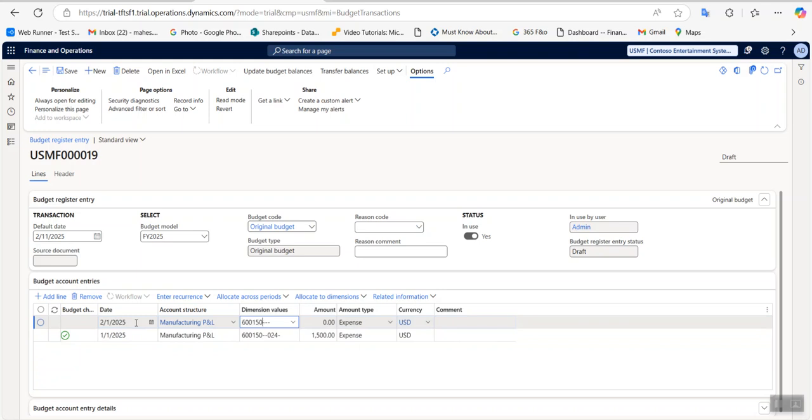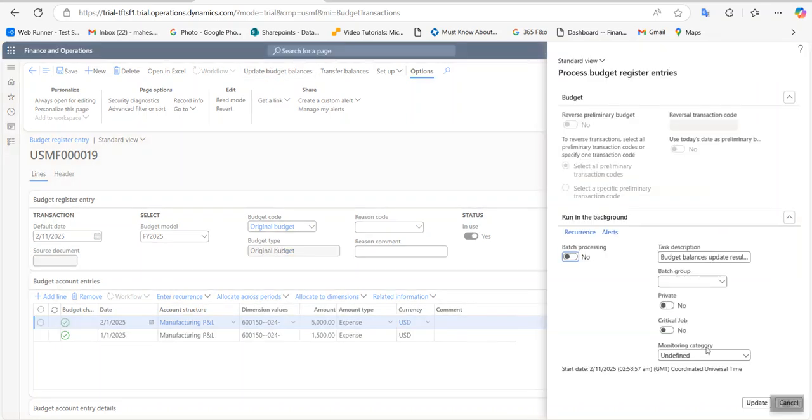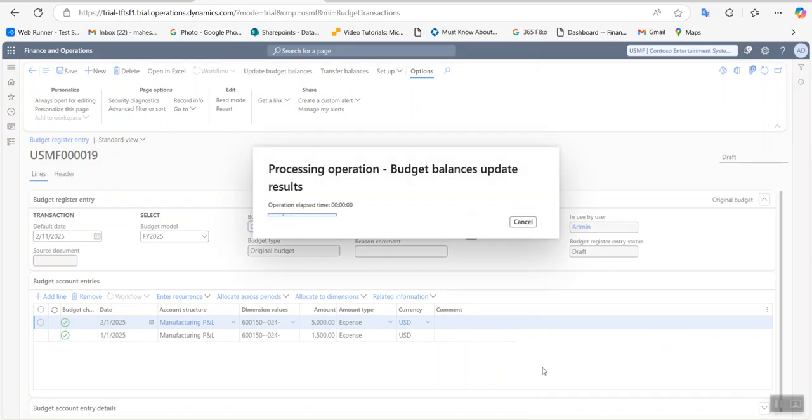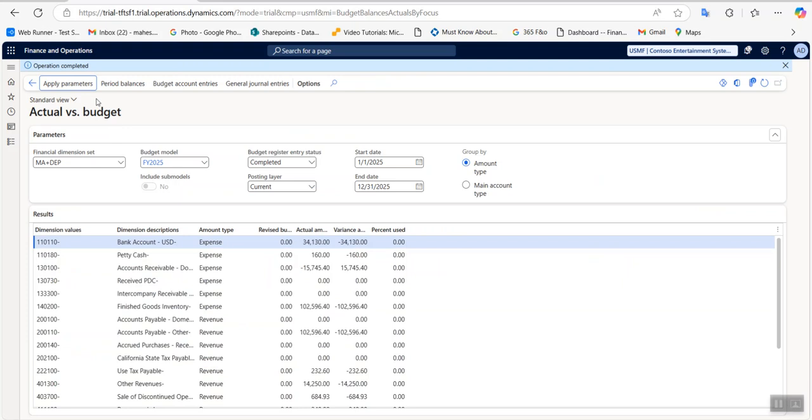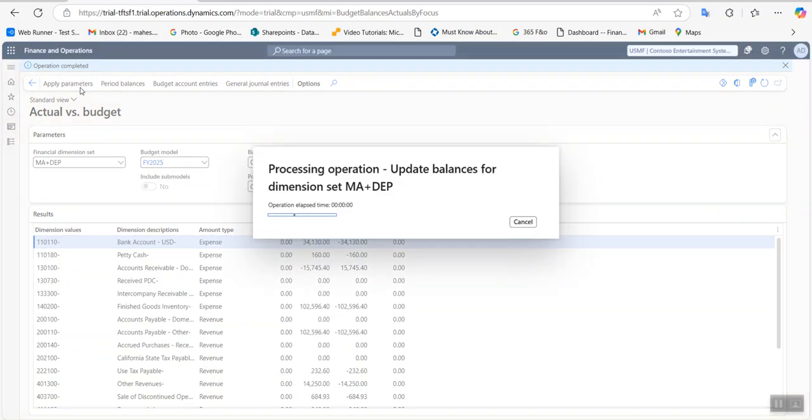$600 $150. So for this month I am giving 5,000. So after updating the budget register entry, let me click on update balance. Okay, so for this particular main account, that is 600 150, the total budget is 6500. Okay, if I go to the actual versus budget, if I click on apply parameter again, and if I